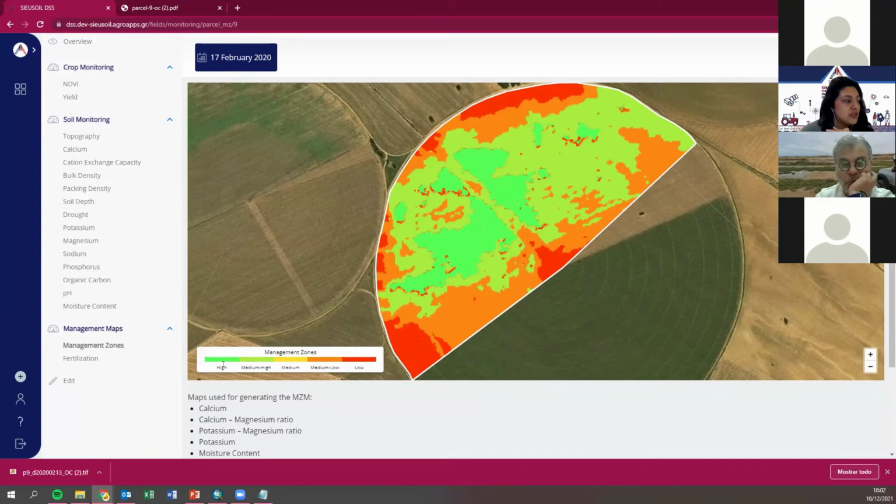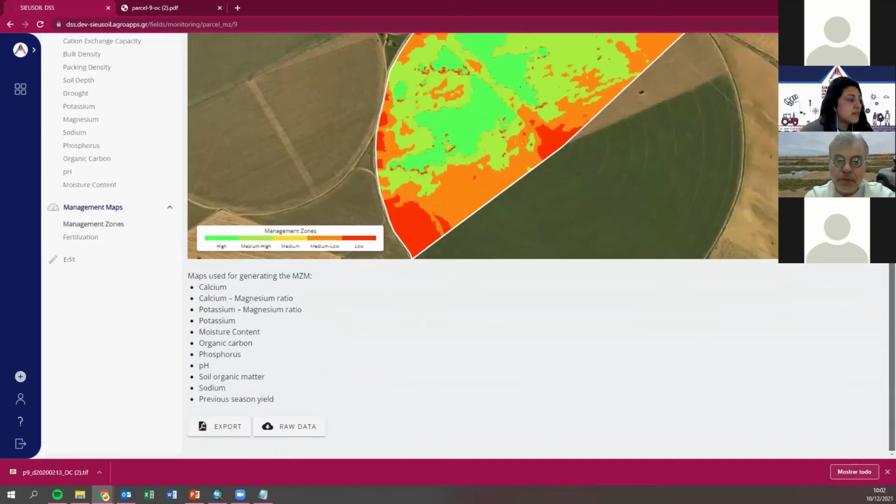And then the potential, being high, medium, or low, is developed either by having the historical yield data, if it is available, but also in meetings held with the farmer, because the farmer, of course, knows their fields very well. But then they are able to evaluate a little bit on a bigger scale what is going on. In the legend here, we also have the maps or the variables used for developing these management zones. So you will also understand why these management zones are like that.